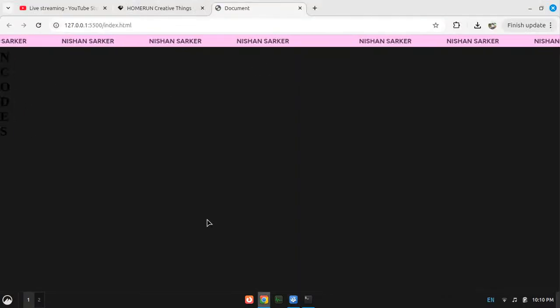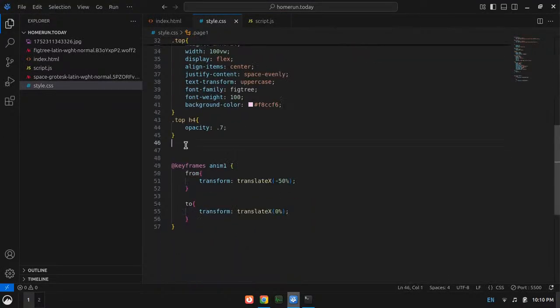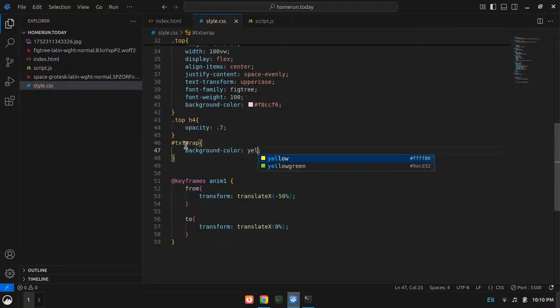And now, well, let's give this div id. Id will be text. Oh, sorry, I need the semicolons. I guess this id. What can the id be? Txt wrap, right? Okay, now inside the css to the txt wrap, I will say background color yellow.